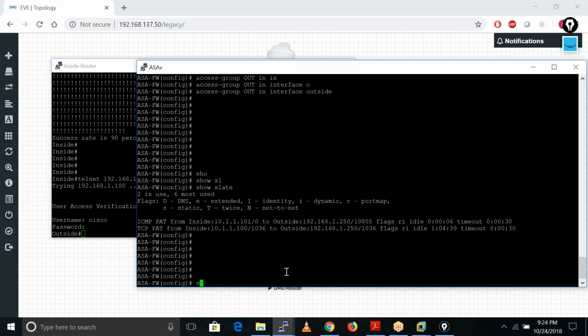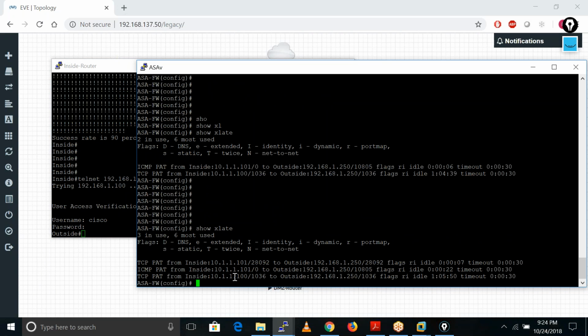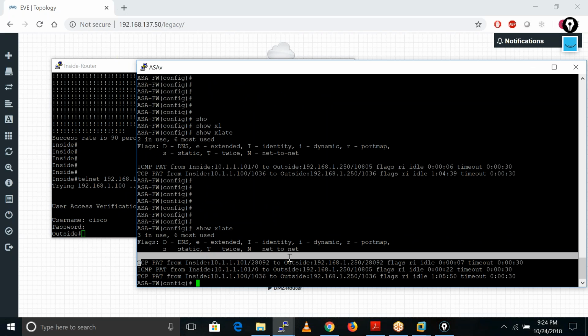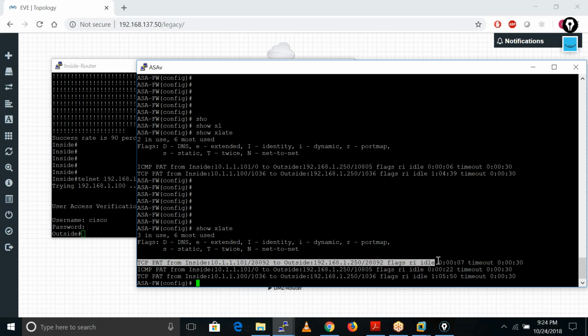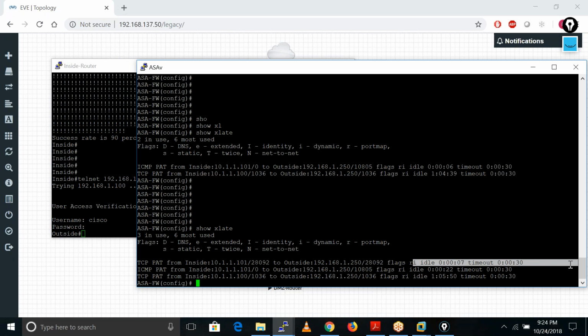If I look at the xlate here, you are able to see there is now an xlate entry for this particular session I have initiated. This is a TCP PAT from inside, which is the IP address of this one. This is the source port, to the outside, which is the IP address 192.168.1.250, and this is the port number for this one also, and these are some other values.